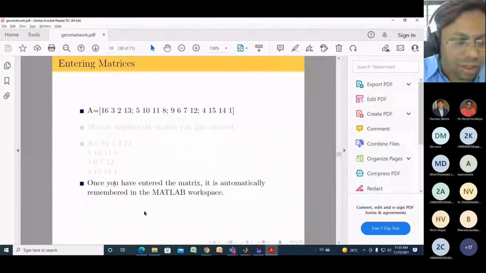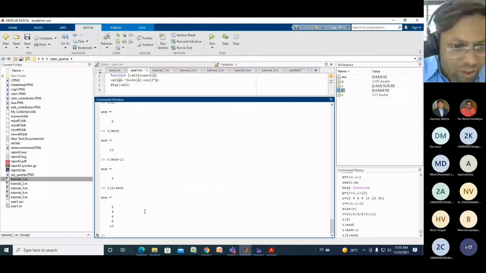Okay, so this is a way to display the matrices. I will just show you. For example, I want to display A equal to 2, 4, 6 with a space or comma. Next 8, 20, 30, end of a row, 40, 50, 60, end of a row, then you can write 70, 80 and 100.